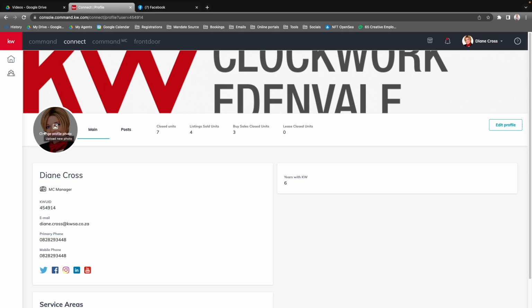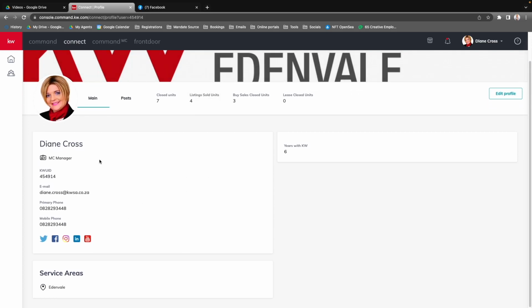Anything longer or wider will look squashed in this field. Anything smaller will look stretched. So make sure you have the correct pixel width and height to upload it into here. So once you have done all of that, you can read over this, make sure everything is correct, and your